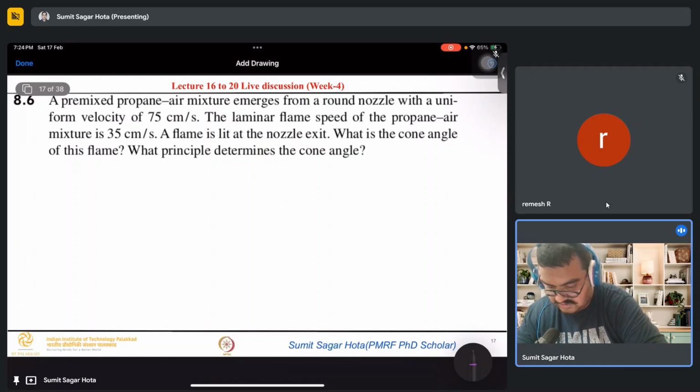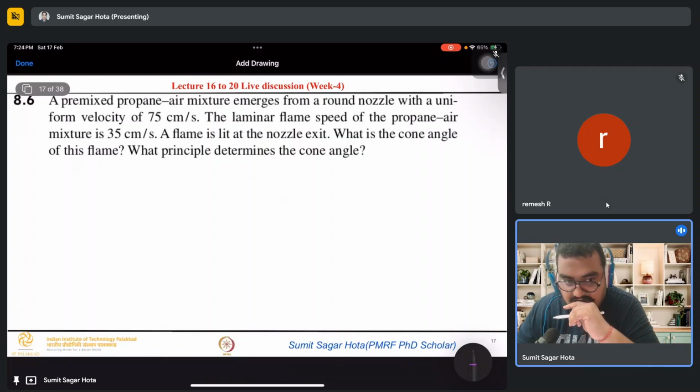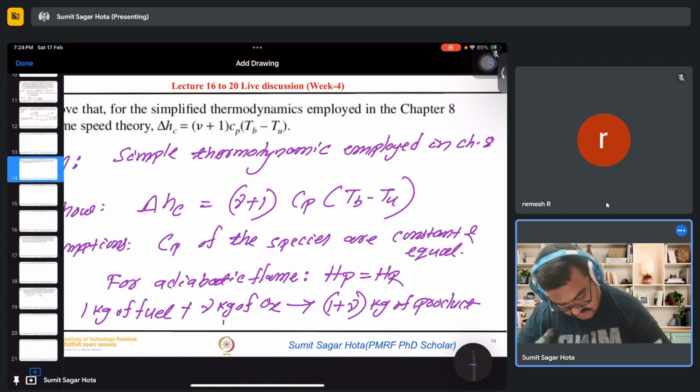For example, if they change the condition and ask you to find out the enthalpy of combustion, that may be your homework, you can take it. For example, they will ask, instead of constant pressure thermodynamics, take the constant volume condition and then find out your enthalpy of combustion. This kind of question will be asked. So there this Cp won't be there, and all this expression can be calculated based on your constant volume.